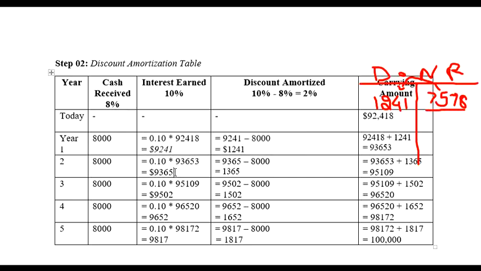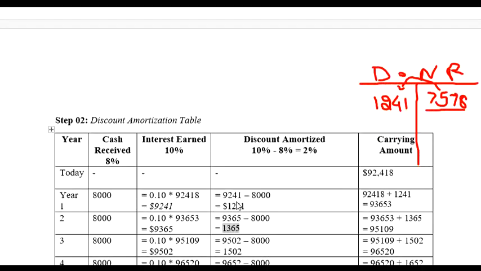So the interest that we would have earned is $9,365 if we had invested the money in the market. But we are only receiving $8,000, which means we are receiving $1,365 less as compared to the market. So we're going to adjust $1,365. Now from where are we going to adjust this value? Very simple. We had a balance here,